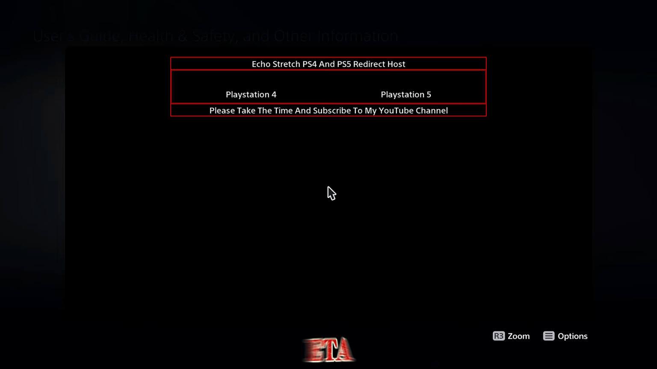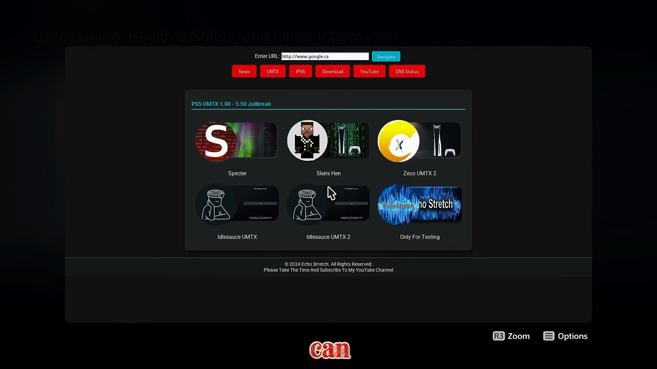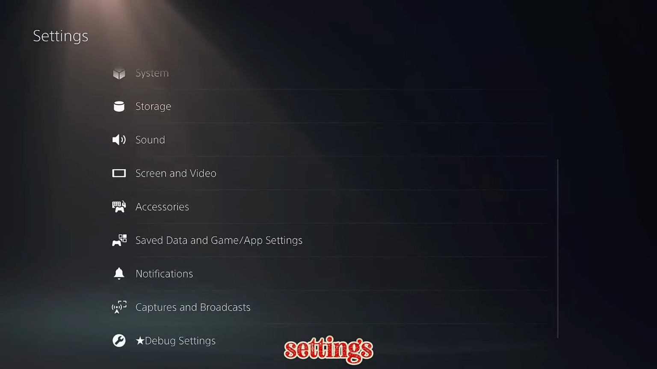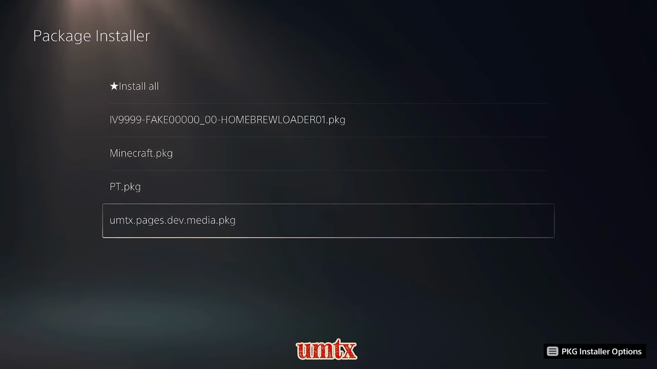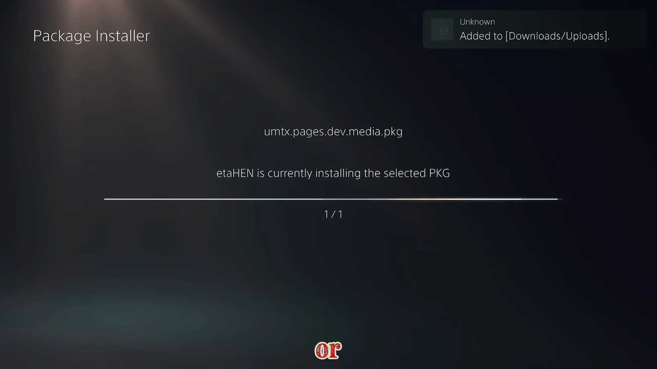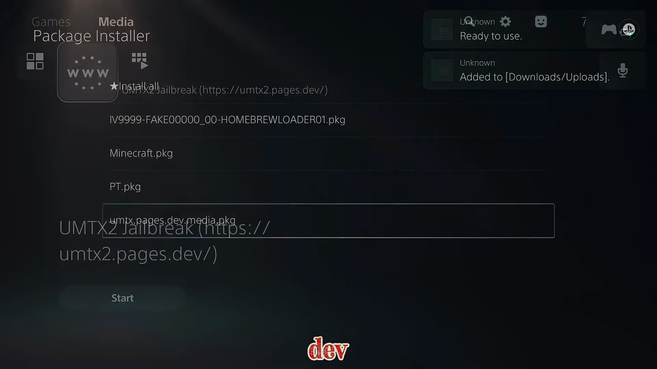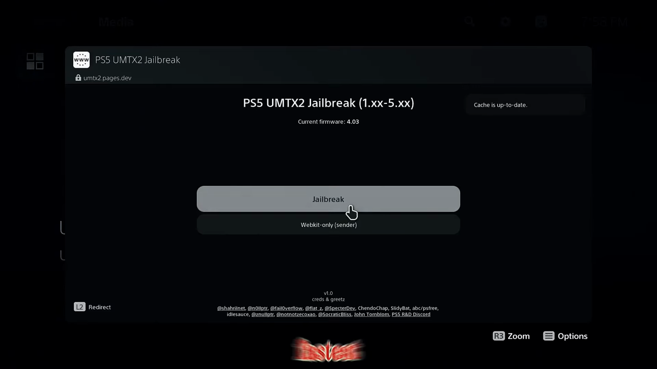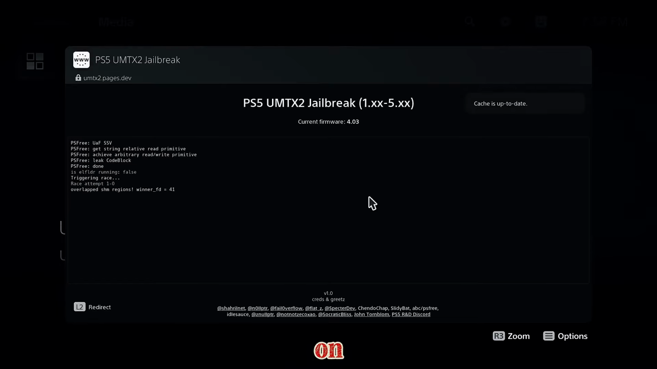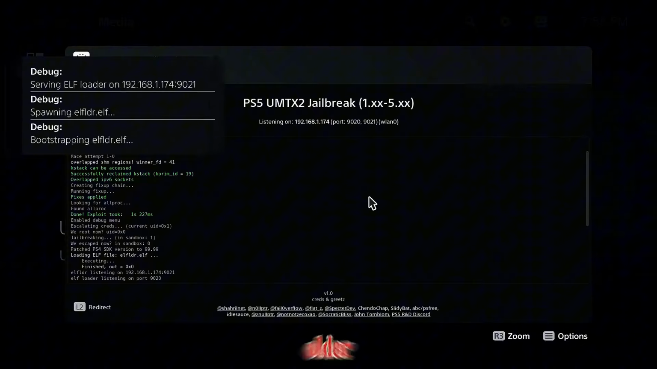You can load the jailbreak and then select a payload like kstuff or ETA, at which point you can gain access to the debug settings, which can be used to install a web browser shortcut to umtx.pages.dev, which will launch the exploit page whenever you open the browser. Like the PS4, it's by far the easiest and fastest way to jailbreak. Once you have the web browser shortcut set up, the downside is it only works on firmwares 5.50 or